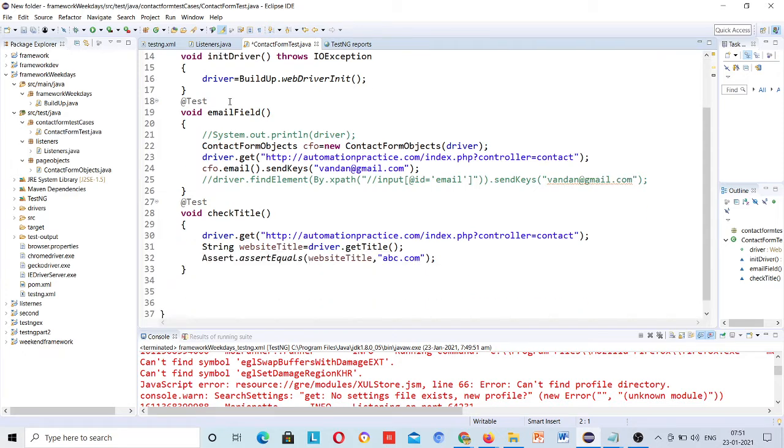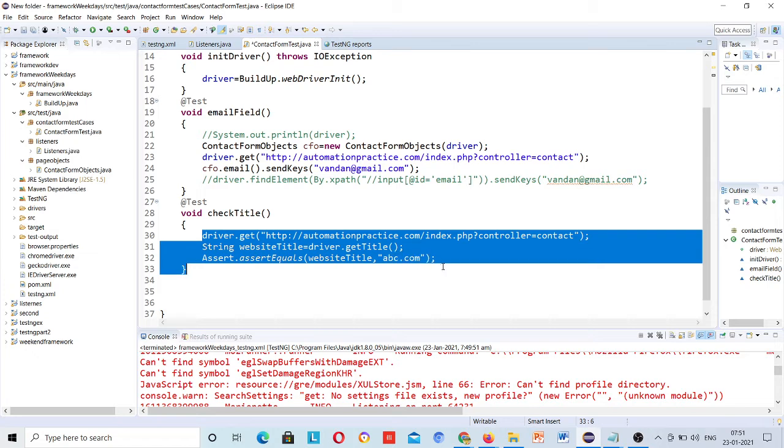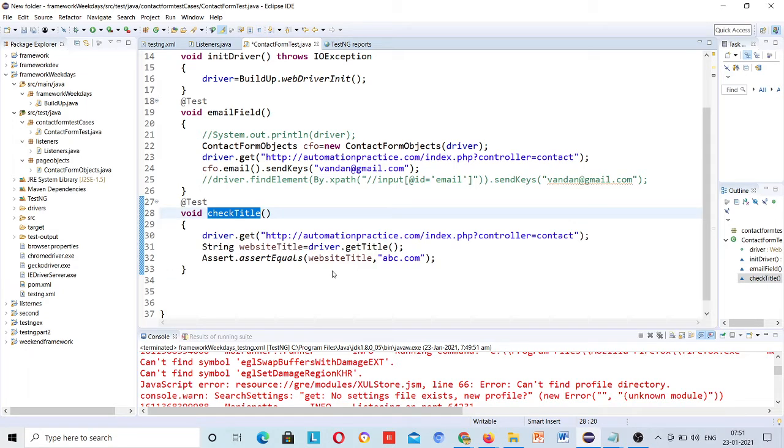Because if I keep that screenshot code in every method which is failing or passing, suppose we have this check title method which is failing, and I keep my screenshot code here, that will work only for this method. But my task is that when any test case fails, I have to capture the screenshot.